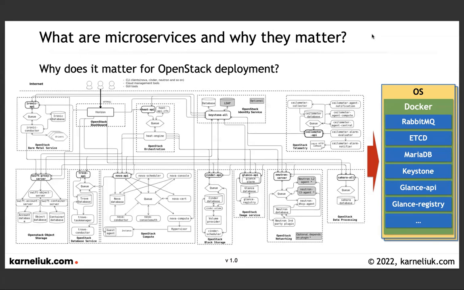We also have Swift, which is object storage, and some others. All of them consist further down of multiple services. For example, talking about Keystone: Keystone consists of Keystone itself, the Keystone API, and the interaction with the database and LDAP, which is